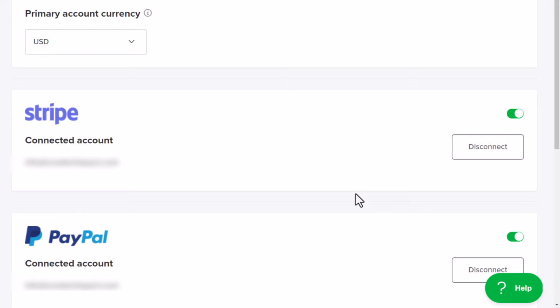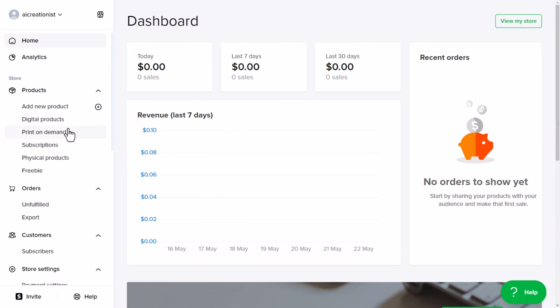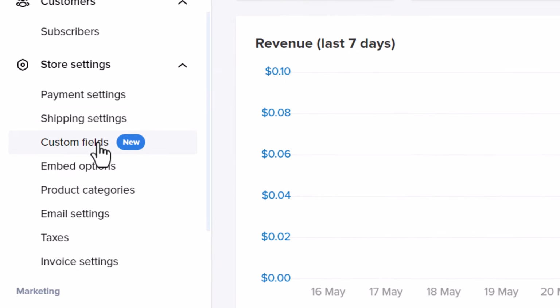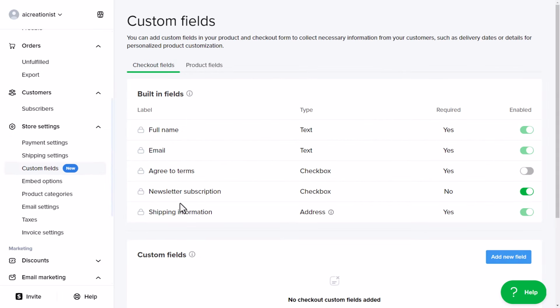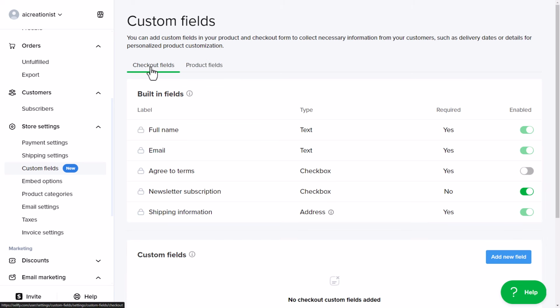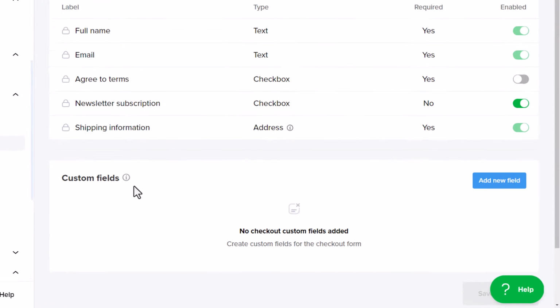But now when I head back to home, for one, you can see that the dashboard is different, but I'm going to touch on custom fields, which is another step you can take to customize some of the fields of your products as well as your checkout. So I come down the left here under store settings, custom fields. You can see we have built-in fields for the checkout as well as some product fields, which is nothing there at the moment. I'm going to start with the checkout fields